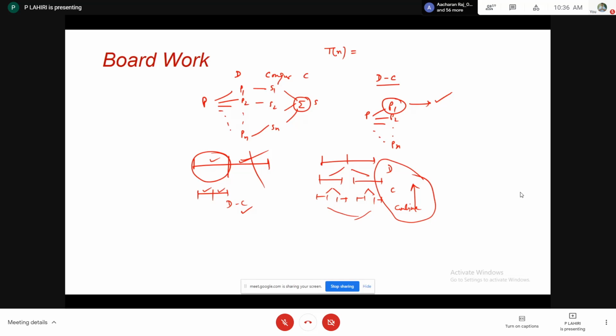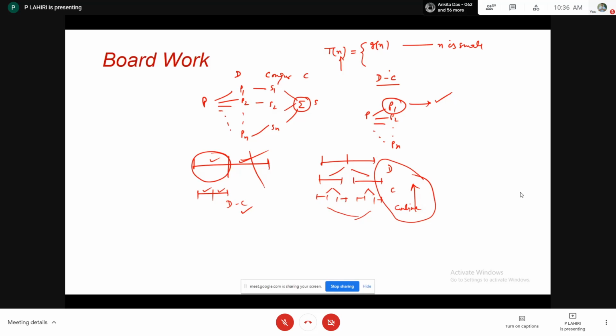So T of n, if n is the total input of a particular problem, the problem may be a searching problem, the problem may be a sorting problem, whatever it is. In general, if n is the total input size and T of n is the total time required for divide and conquer for any input of size n, it is my appeal to keep this in mind, so that you are able to solve the complexity of divide and conquer algorithms in general. You will find this equation, g of n when n is small.